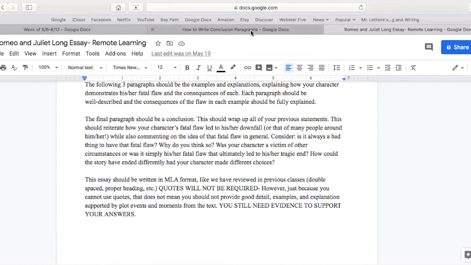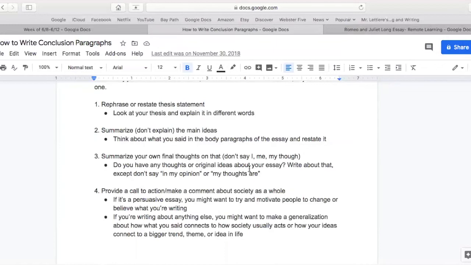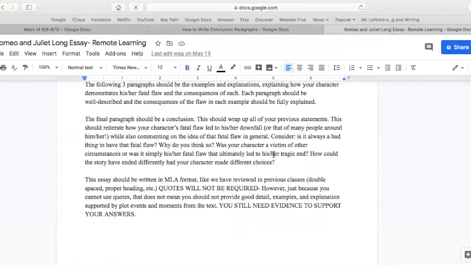So these are interesting, unique, thoughtful ideas to explore in your conclusion as a wrap up. One of you students earlier in your essay said in your thesis that the impulsivity of Romeo led to negative things, but then one of your body paragraphs talked about some of the positives that the impulsivity led to. For example, if none of the impulsive acts happened, Romeo and Juliet wouldn't have died, which wouldn't have led to the families reconciling in the end and becoming closer again, and it wouldn't have ended the fighting. So you said that positive, and I said save that for the conclusion paragraph, because that's saying the opposite. It's giving this other perspective.